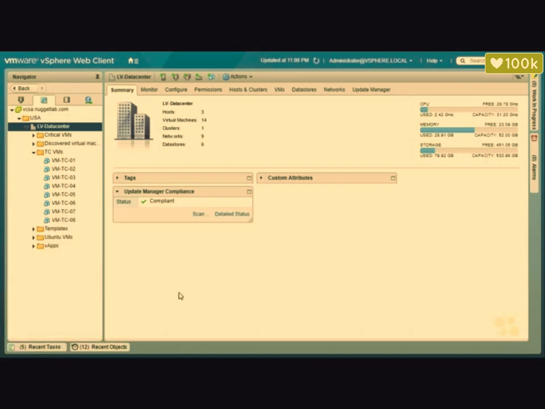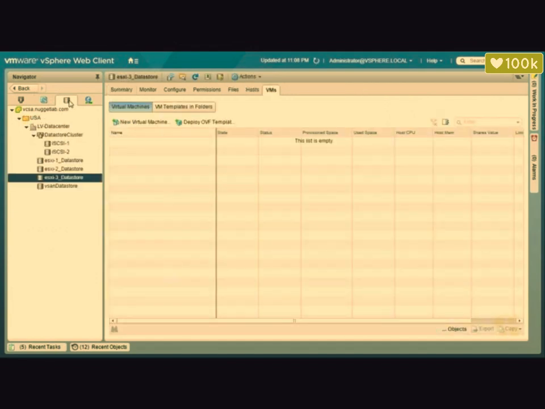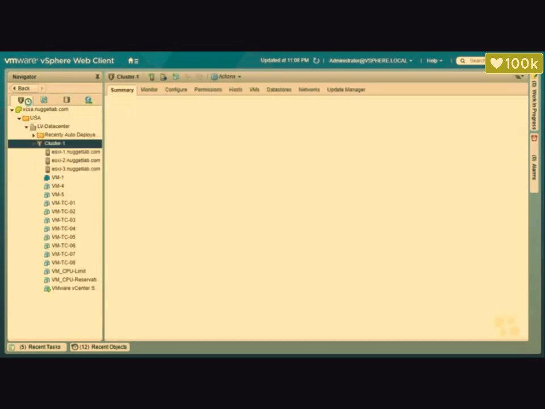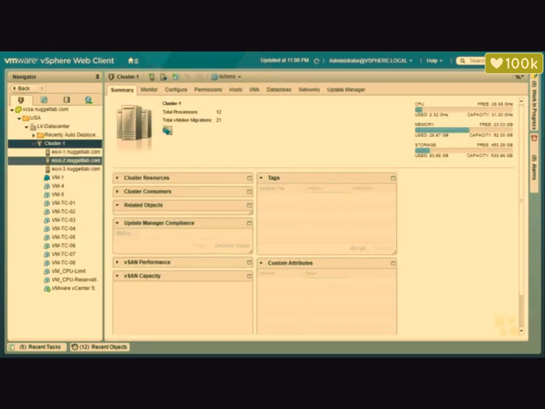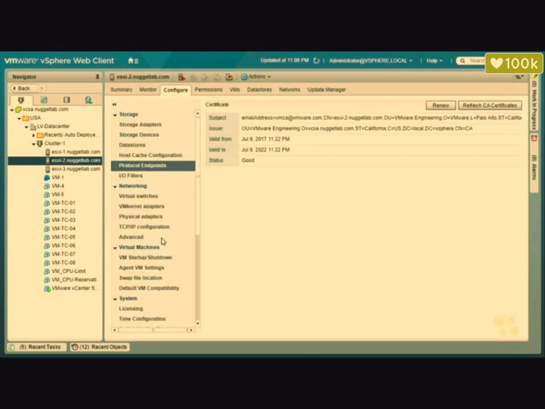And one other thing I'd like to point out is that if we go back to the Storage tab right here, when we created the NFS 4.1 data store, which I subsequently deleted, each of the ESXi hosts that we associated with that data store had a rule set enabled. In fact, the only host that we enabled the 4.1 for was ESXi-2. So if we go back to the Hosts and Clusters tab in the Navigator section, and we click on ESXi-2, and from here, we click on the Configure tab,